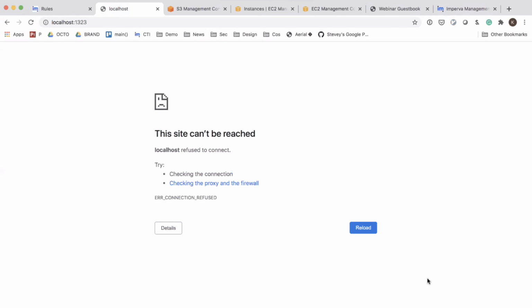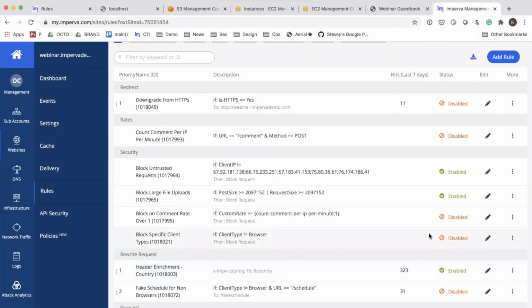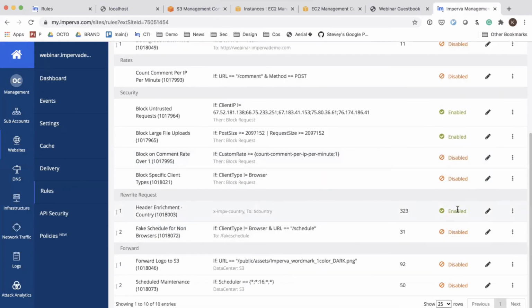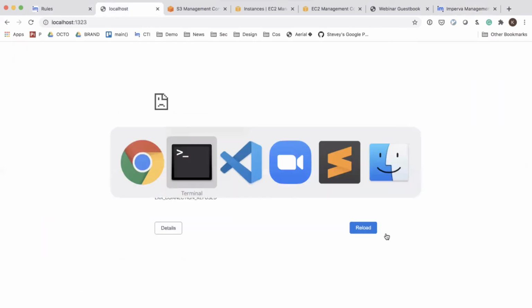I just disabled that rule. And again, the only rules that we have now are things like large file uploads, my specific IP address. We'll still do the country enrichment, and that's specifically around rewriting the request. But what if we want to honeypot those people that are coming in and surface fake data versus actually just blocking the request?